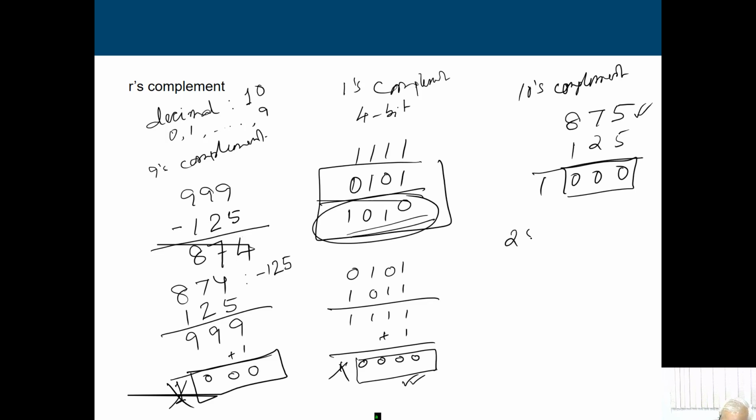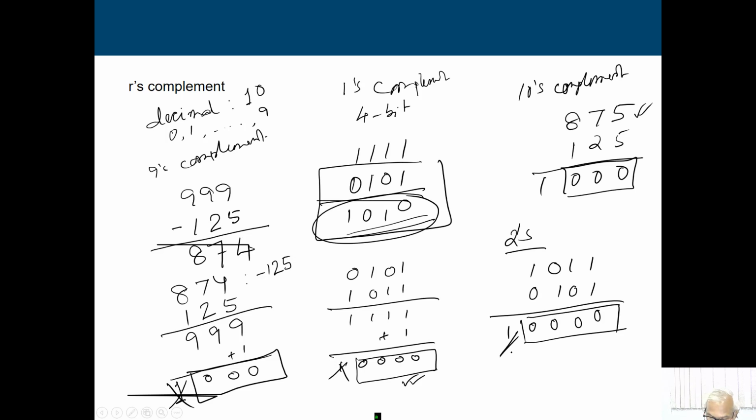Similarly in 2's complement, in this particular example I am getting 1010 as the 1's complement. So 2's complement will be your 1011. So this is the 2's complement of the given number 0101. So if I add this up, then what am I going to get? I am going to get result as 0 because I am working with a 4 bits number, so I have to ignore this particular 5th bit. So you just see in this particular case 2's complement can be used to represent the negative numbers.